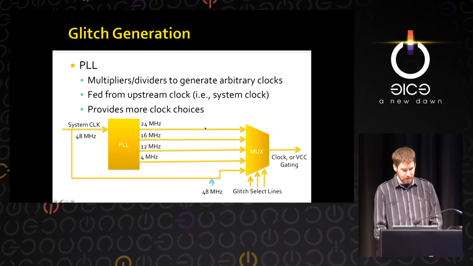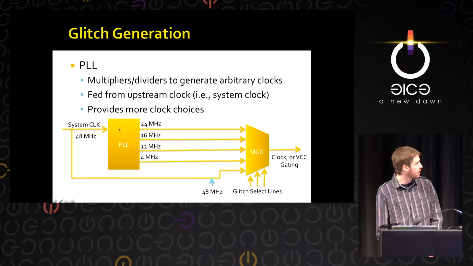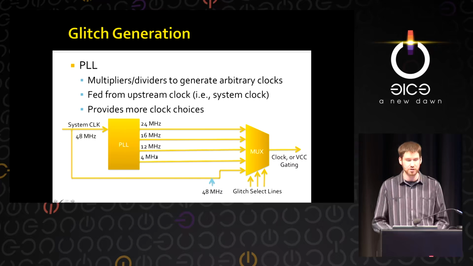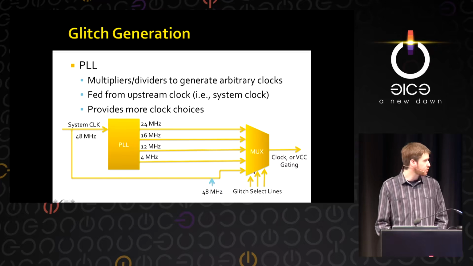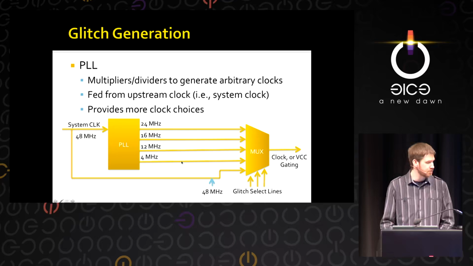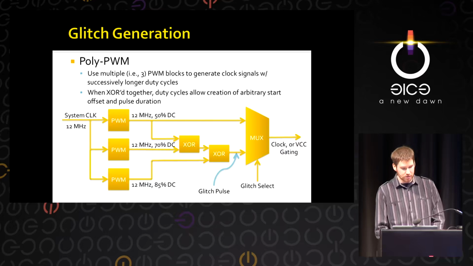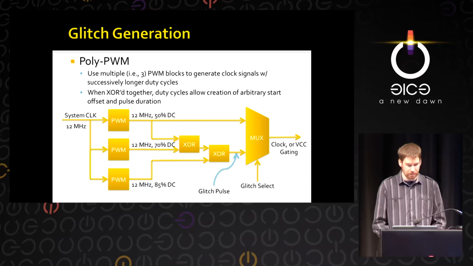So then this way, you'll get, for example, feed the PLL with this normal fast clock, and then instead of 24 and 12, you also get 16 and 4, or whatever combination of speeds you want in between. Combine all of those with the fast system clock, add a couple more select lines, and now you've just given yourself more choices in terms of what speeds you want to play around with. So if you do this work up front, then you don't have to keep changing your circuitry down the road. It's more flexible.